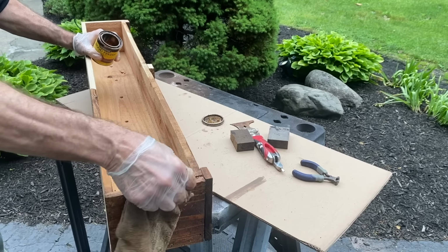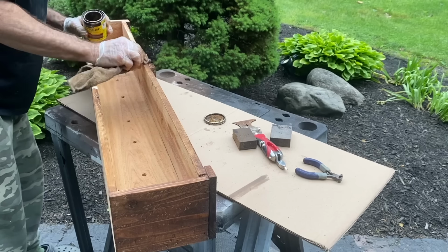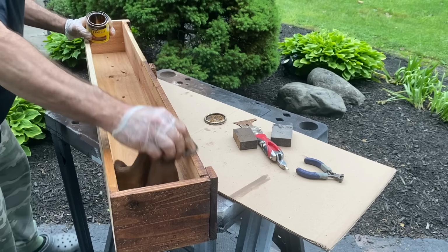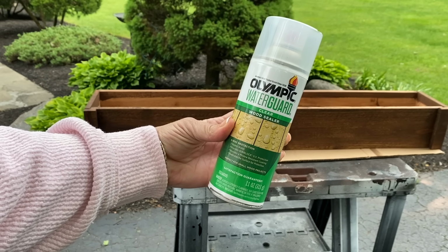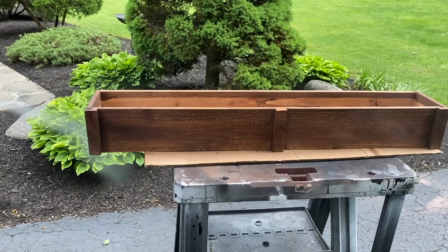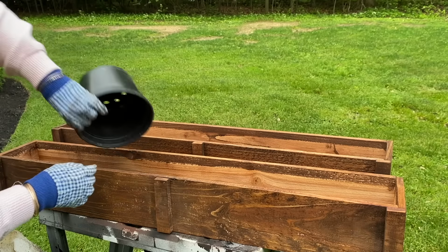Adding the stain really brought these window boxes to life. We didn't stain all of the inside. We were running low on stain. Plus, I didn't want to add the stain on the inside. Then once the stain was dry, I did spray it with this waterproof spray, and then once that was dry,